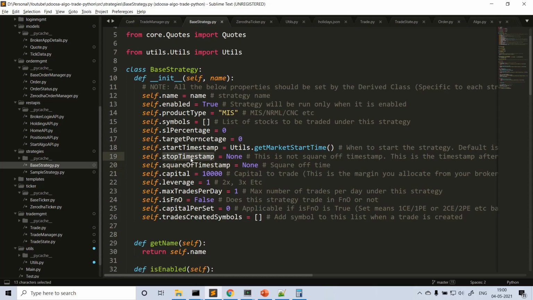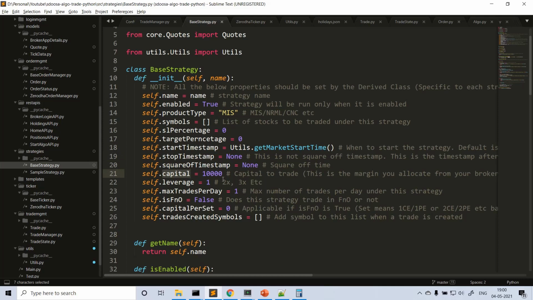This stop timestamp can also be used for another purpose. Let's say you place some trade in the morning with a limit order, but the price has not reached and it's not filled or partially filled even at 2 o'clock. Assume that is your strategy timestamp. What should you do? You still wait after 2 o'clock? No, generally. If it is partially filled, you just cancel the order and continue with the rest of the trade. If it is not filled completely, just cancel the order. It doesn't matter if you keep the order after your strategy stop time, so for that purpose you need to use this.